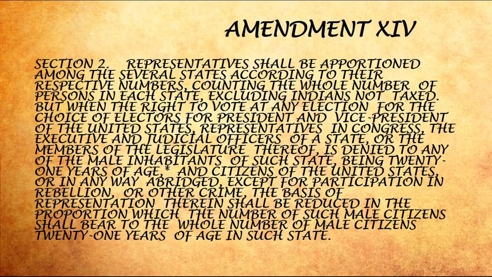Representatives shall be apportioned among the several states according to their respective numbers, counting the whole numbers of persons in each state, excluding Indians not taxed, but when the right to vote at any election for the choice of electors for President and Vice President of the United States, representatives in Congress, the executive and judicial officers of a state, or the members of the legislature thereof is denied to any of the male inhabitants of such state being 21 years of age, and citizens of the United States, or in any way